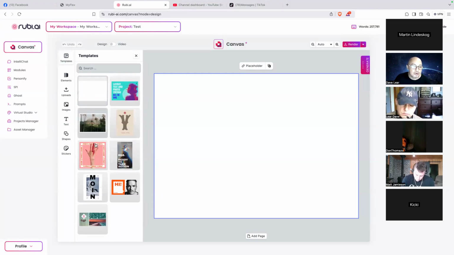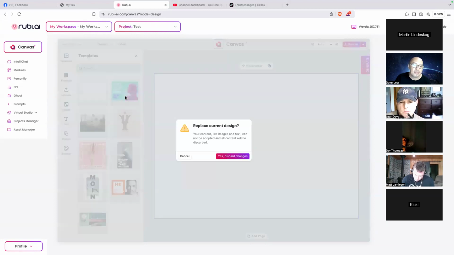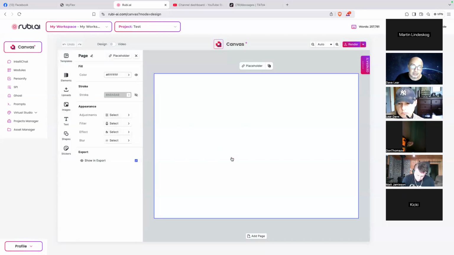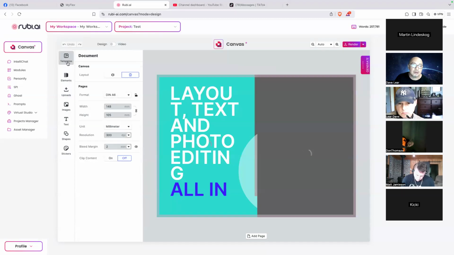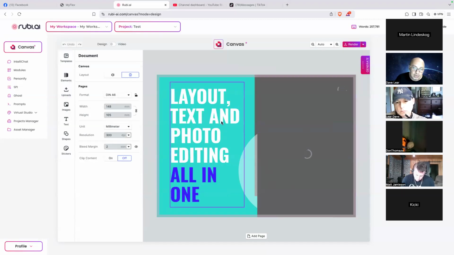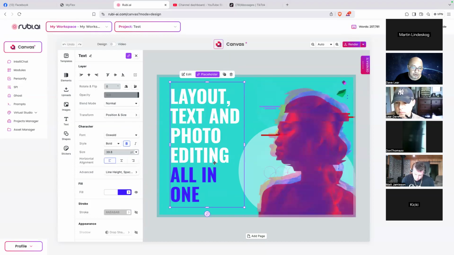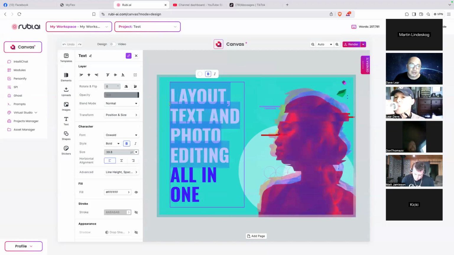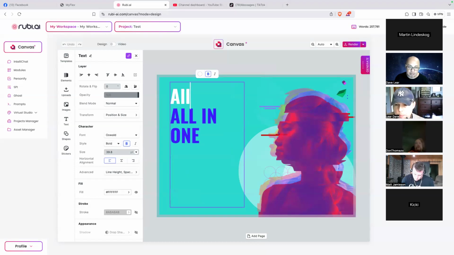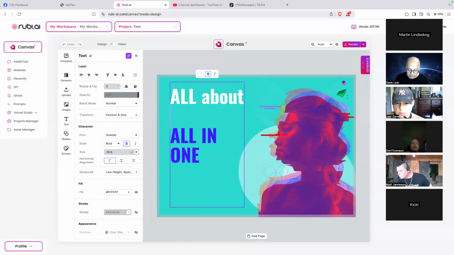So when you click a template, for example here, all you have to do is click it and you can change it. It's very user friendly. You can type in anything and make adjustments.